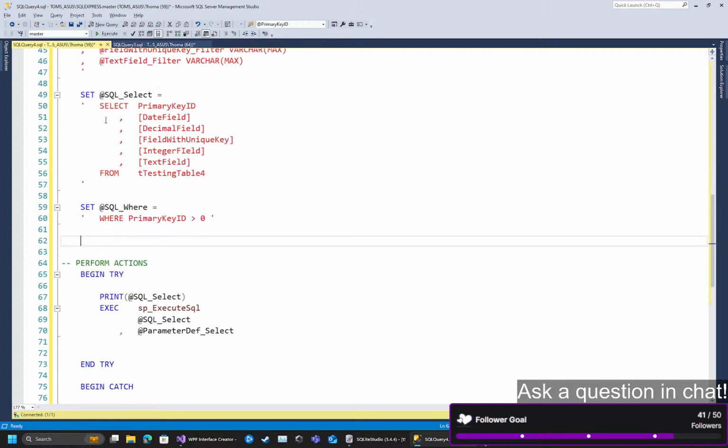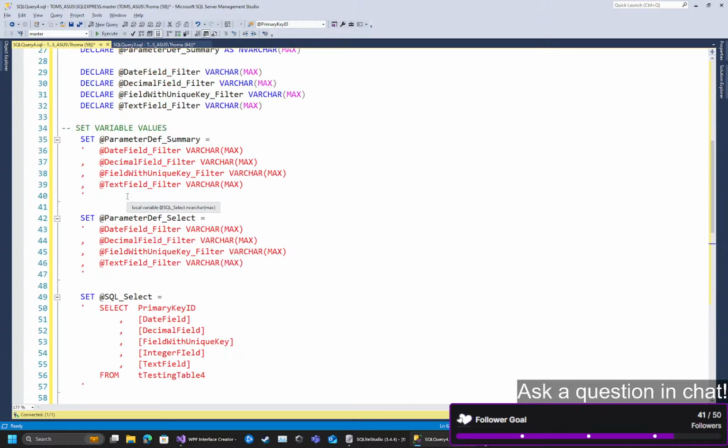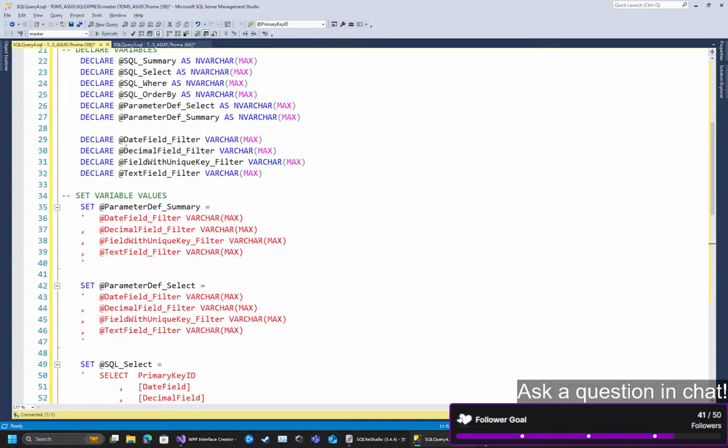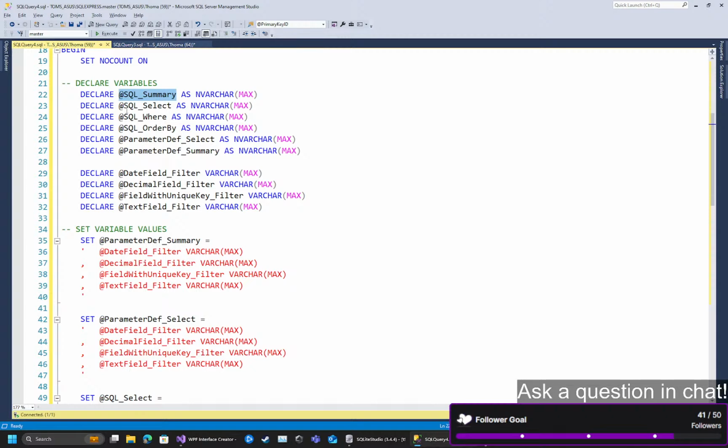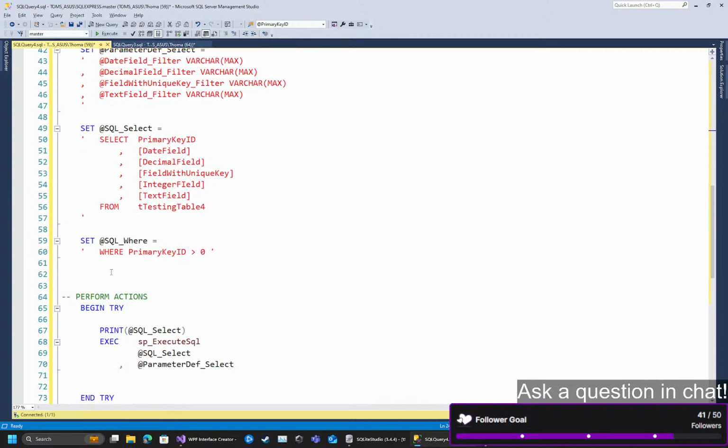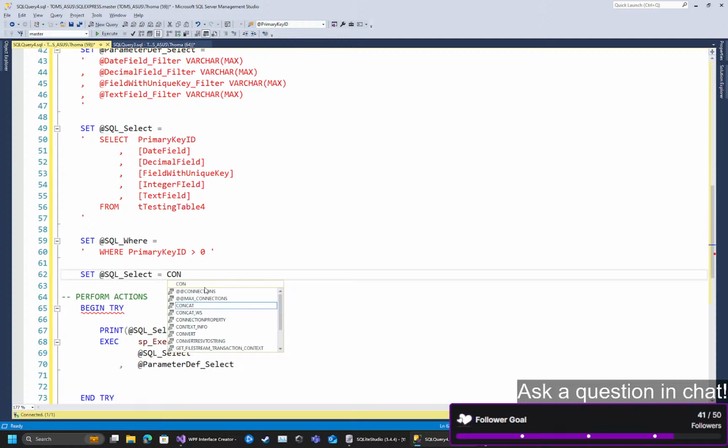And then at the end of this, we need to combine the SQL summary and SQL select with the where. So that means we would have to take SQL select equals concatenate SQL select and SQL where and SQL order by,